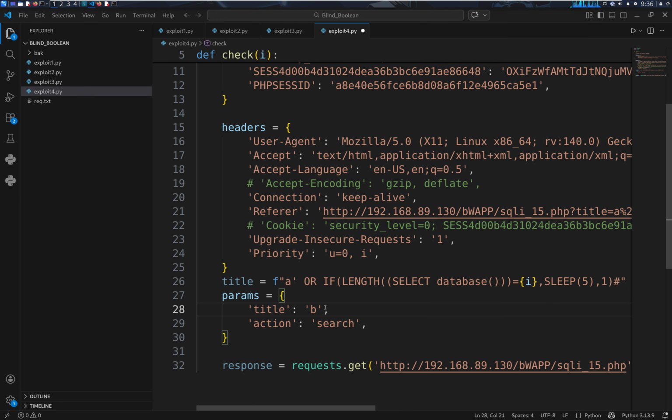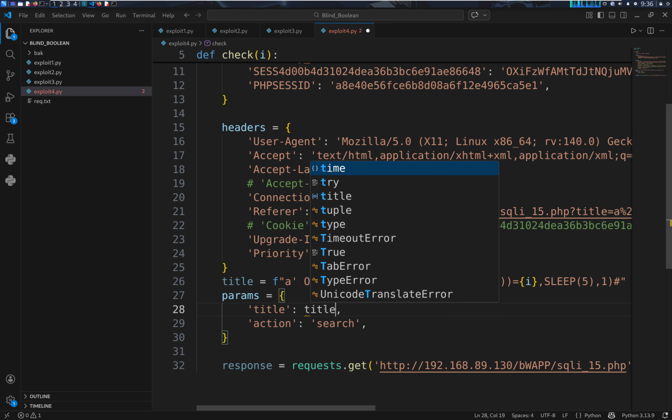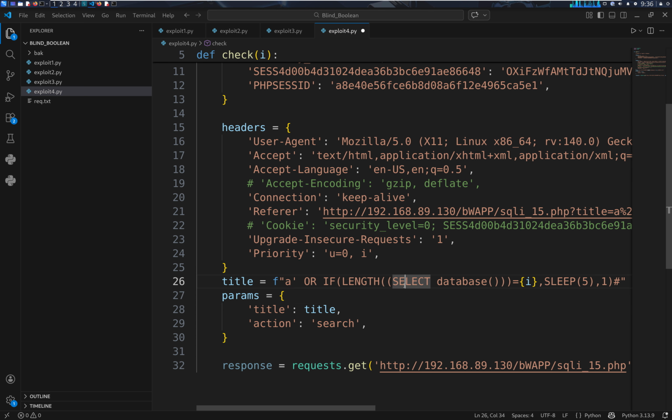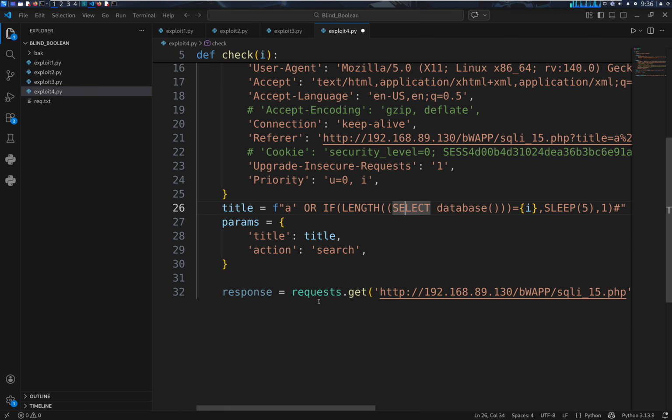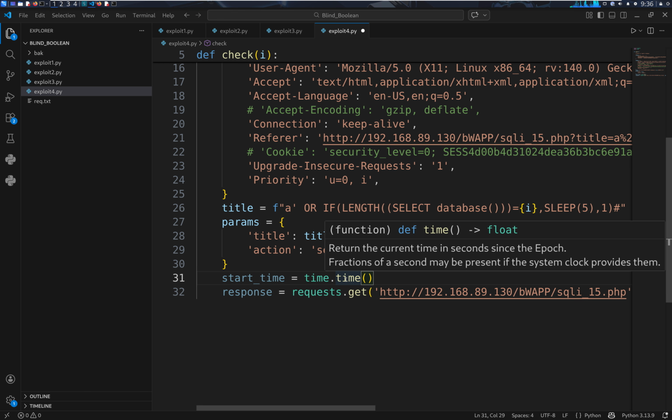Of course, we should use this title variable. Next, oh yes, time. So the start time, we can use this function to get